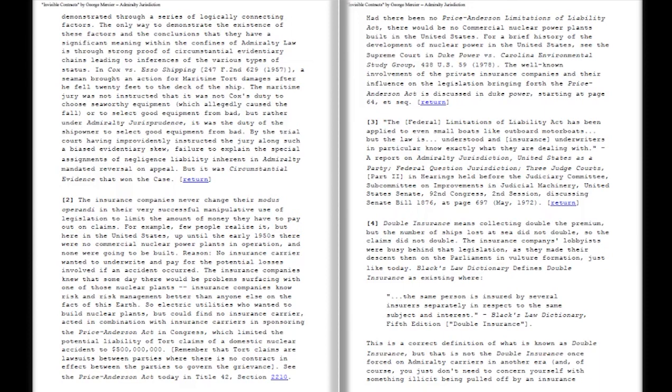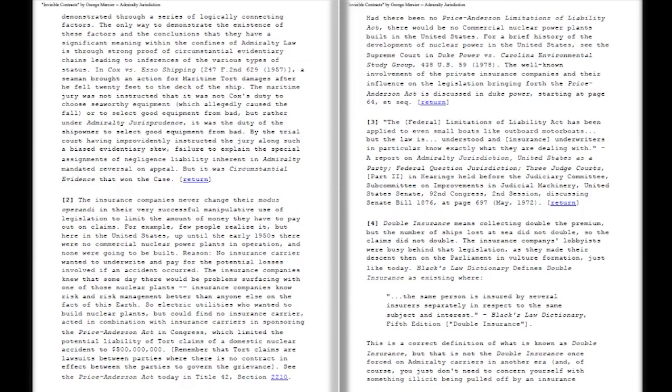Remember that tort claims are lawsuits between parties where there is no contract in effect between the parties to govern the grievance. See the Price-Anderson Act today in Title 42, Section 2210. Had there been no Price-Anderson Limitations of Liability Act, there would be no commercial nuclear power plants built in the United States. For a brief history of the development of nuclear power in the United States, see the Supreme Court